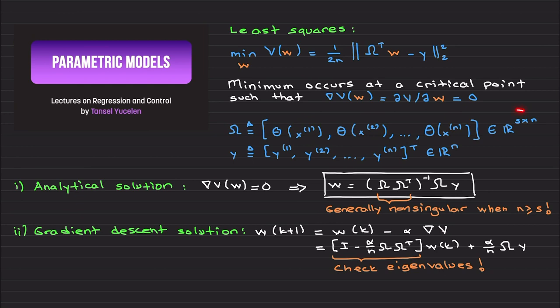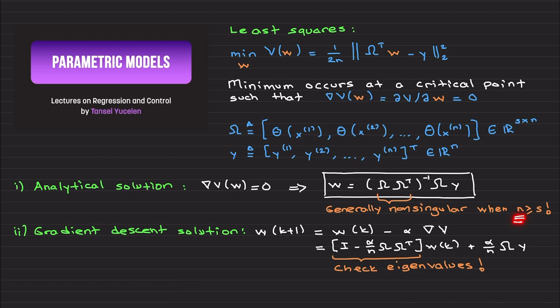And theta is an S by n matrix. Y includes all the y1, y2, all the y up to yn, an n dimensional vector. If you solve the analytical solution by finding the gradient and setting it to 0, derivations are here. This is the analytical solution, and omega transpose is generally non-singular such that this inversion exists when the number of